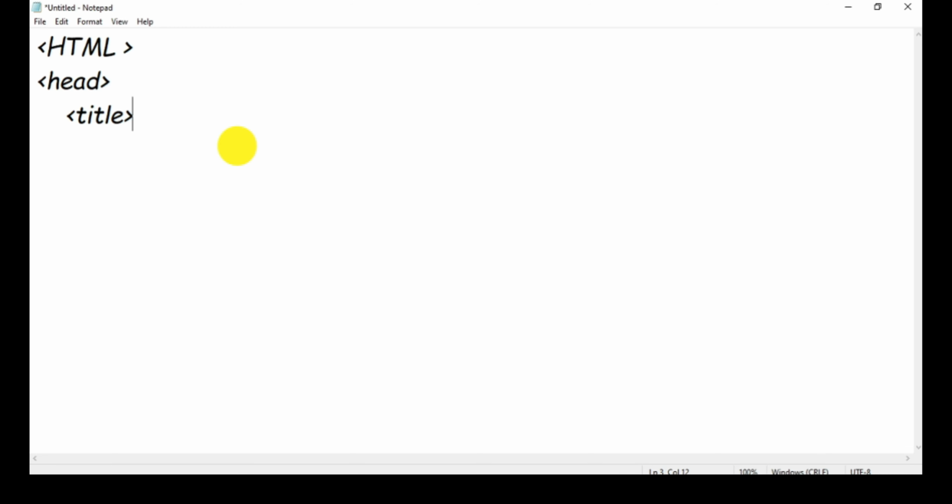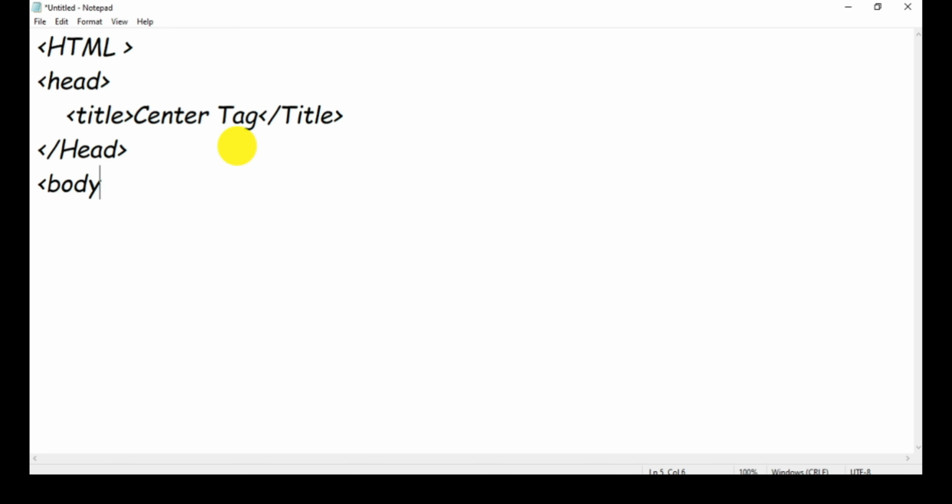which is center tag. Then we close the title tag, and then we close the head tag also. Then we start writing our body section.